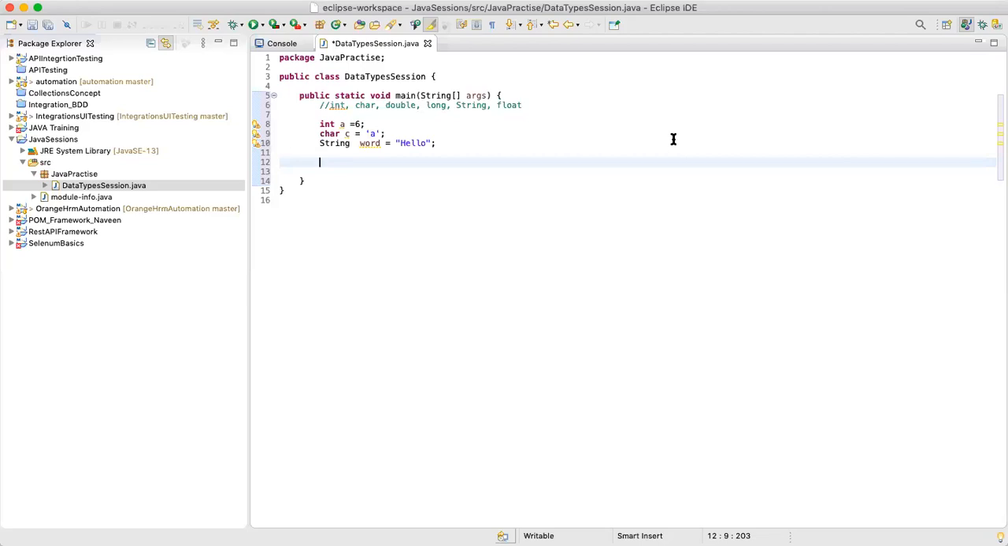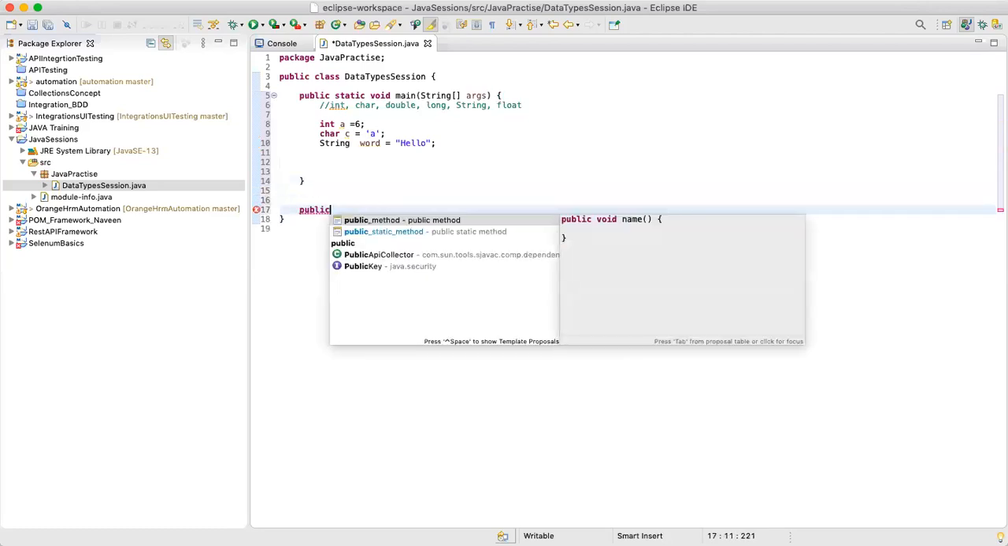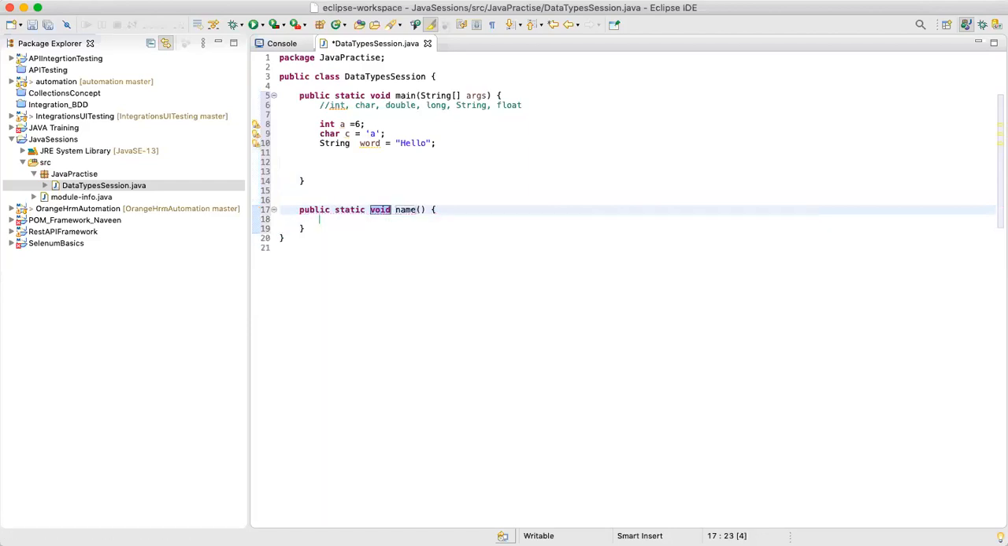Very basic of Java. And we are now moving ahead towards data conversion. Everyone might be aware how to create a new method. You can easily say public static void, and you can name your method data conversion. Okay, so the first type which we would be seeing is